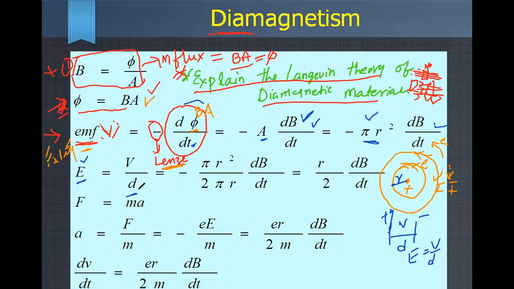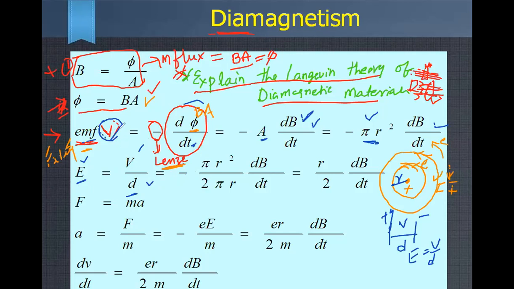Why are we writing the potential difference? What is the potential difference, sir? Electric field we know, because when you place a charge around, there is a field called the electric field. We also know the magnetic field, because when you place a magnet around, there is a magnetic field. So now electric field we also understand as potential difference per unit distance. After that, EMF is nothing but potential difference. So E is equal to V by d.